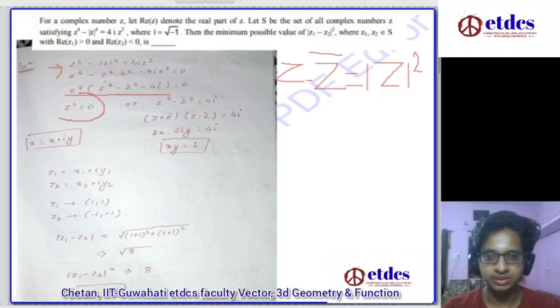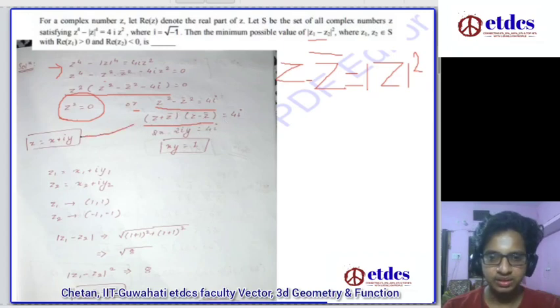Here we get z square equal to 0, but this is not really possible because z1 and z2 are distinct, it is stated. So we get z square equal to 0 or z square minus z bar square is equal to 4 iota. Since this is just like a square minus b square, we can factorize it as (z plus z bar) into (z minus z bar).